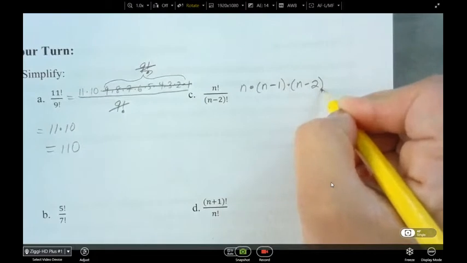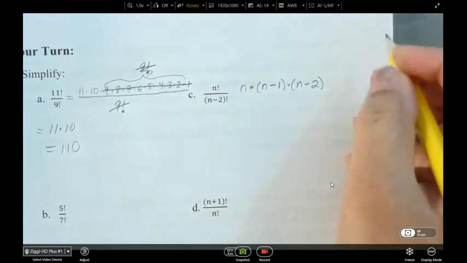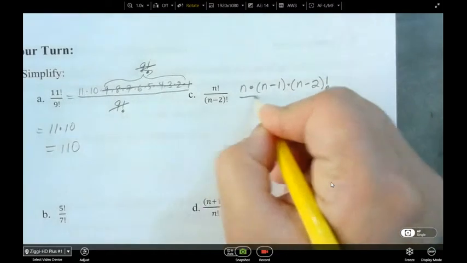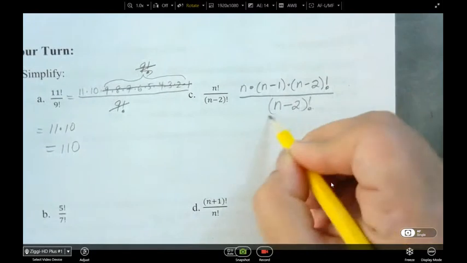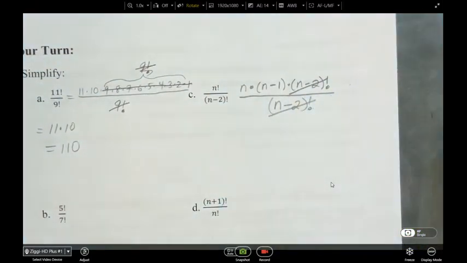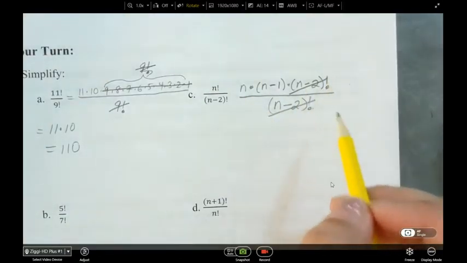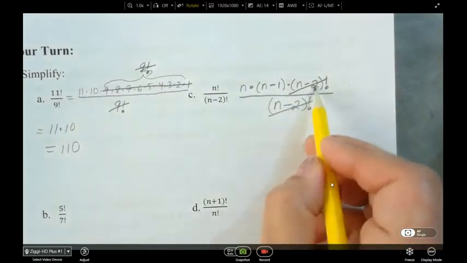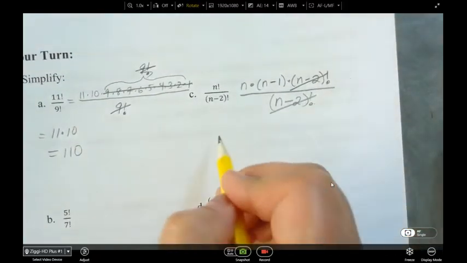I can keep going n minus 3, n minus 4, all the way down to 1, right? But what I have here is I can just write n minus 2 there, factorial, and that's going to take care of those numbers in the denominator. So you see how we end up with similar factorials? You want to expand it until you've got a similar factorial in the numerator and denominator, and then they cancel out. So this is now